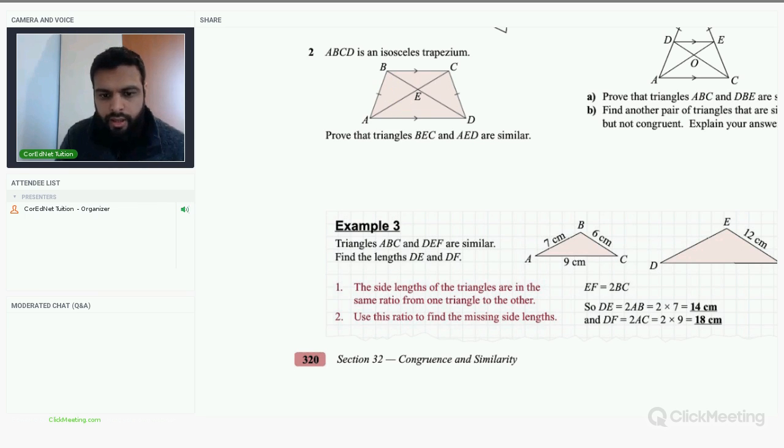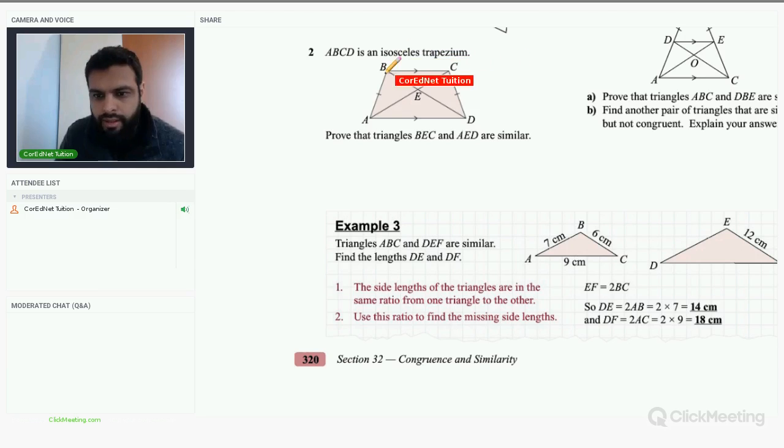Right, okay, so how do we prove this? We need a bit of explanation here, guys. You can't just say they look the same or one's a bit bigger. You need to use a bit of explanation. So you can say that angle BEC equals angle AED. They are vertically opposite, so you might want to mention that. And then you can say angle ADE